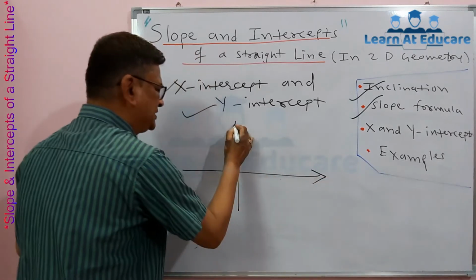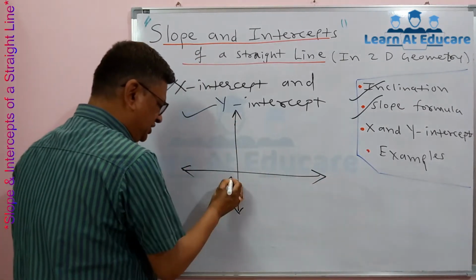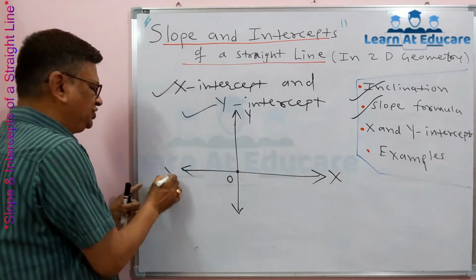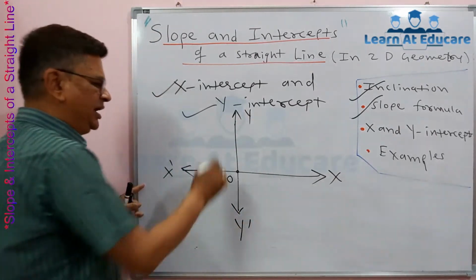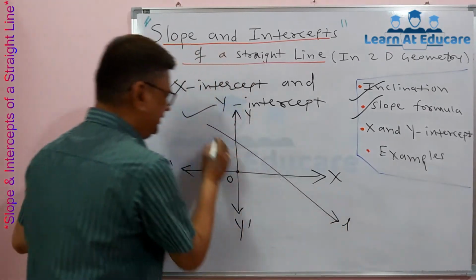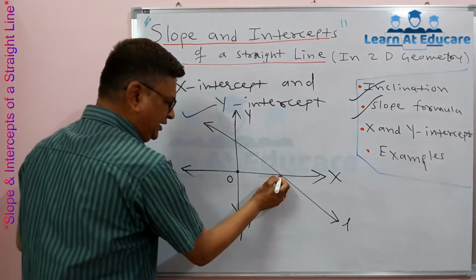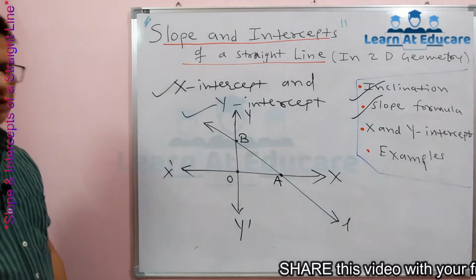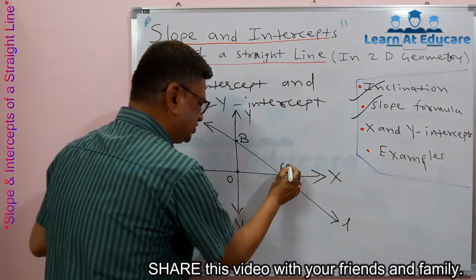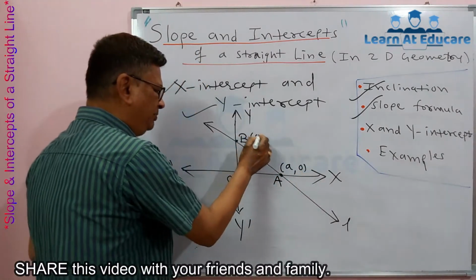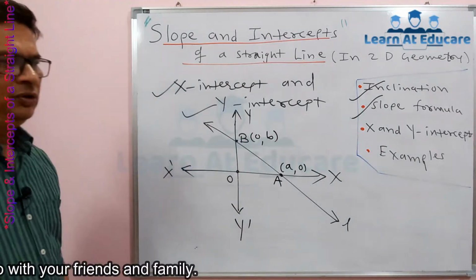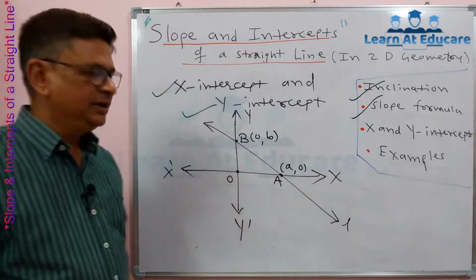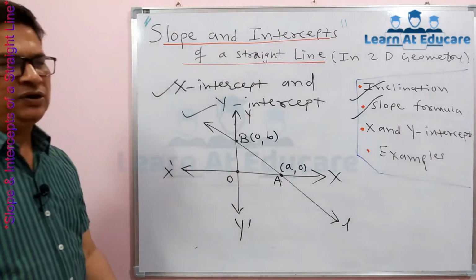To understand, we consider this another figure. This is our coordinate system, x axis, y axis, this origin, this is negative x axis, negative y axis, and suppose we have such straight line, it is denoted by L. Suppose this line intersects x axis at point A and y axis at point B. Suppose this point A has such coordinates (a, 0) and point B has such coordinates (0, b). We already know every point on x axis has y coordinate 0. Similarly, every point on y axis has x coordinate 0.